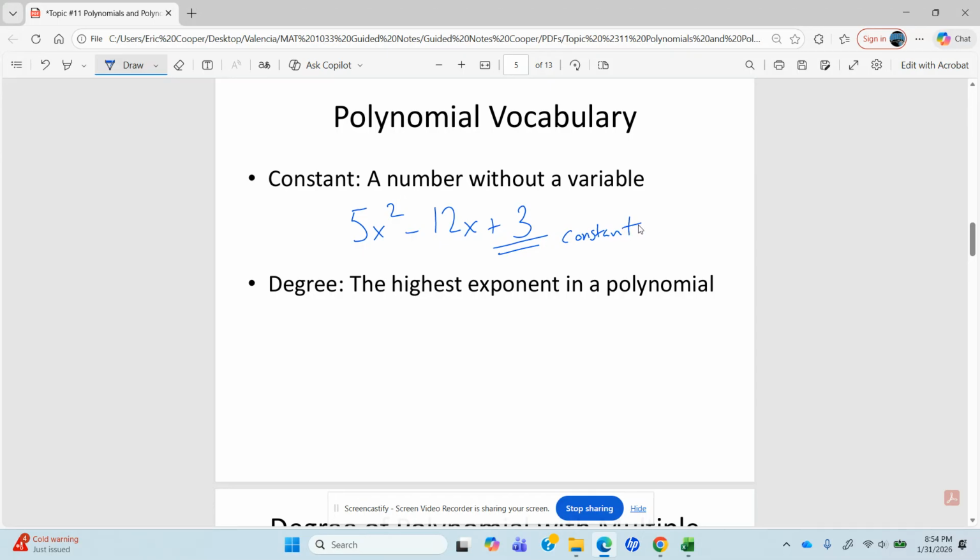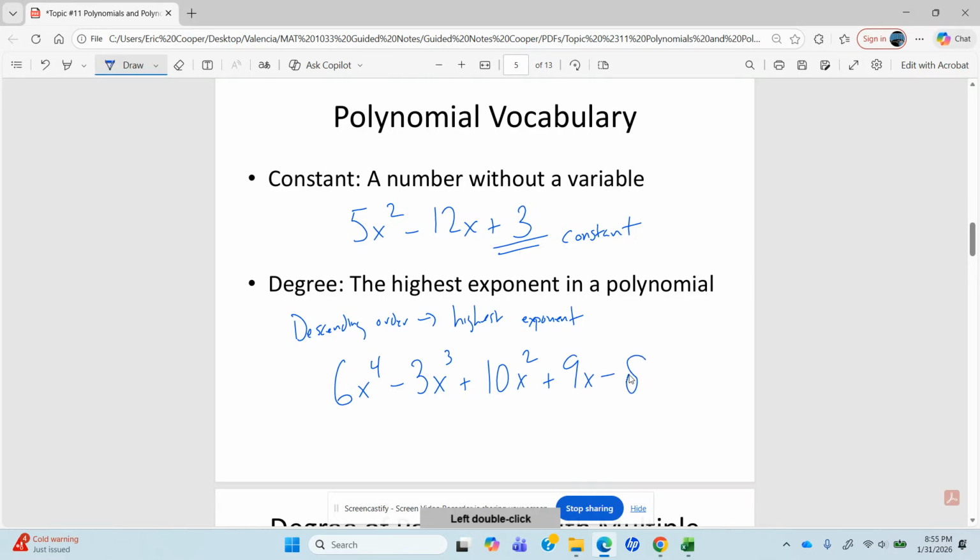And the degree of a polynomial is the highest exponent in the polynomial. One of the things about polynomials is we typically like to write them in what's called descending order, which is simply putting the highest exponent first. So typically, the degree of the polynomial is the exponent on the term in front. If I make up this polynomial, 6x to the 4th minus 3x to the 3rd plus 10x squared plus 9x minus 8,